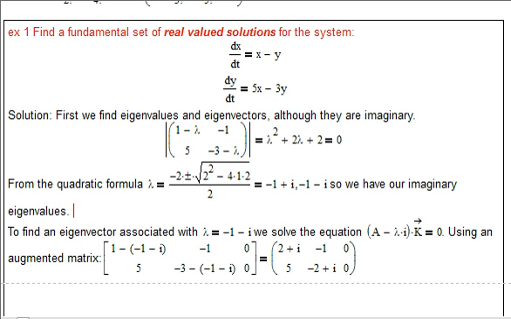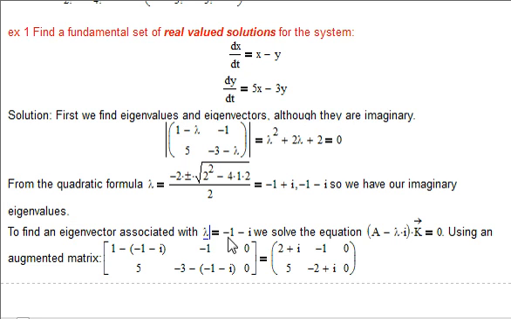Oh, that makes things harder. Yeah, imaginary eigenvalues, we're stuck with that. But now what we want to do is find an eigenvector associated with our imaginary eigenvalue. Yeah, that's going to be tough here. So that means we need to solve the equation for lambda equal, I just chose to use this one, -1 minus i, and we solve the equation (A minus lambda I) times vector K equals 0 using an augmented matrix,